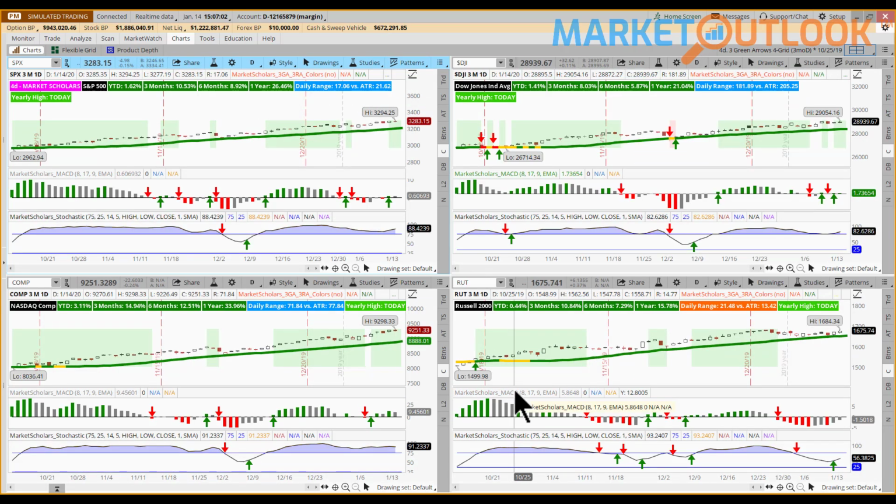This will be chart 4D for those of you that are following along at home. And as it stands right now, 3 out of our 4 charts do have a 3 green arrow signal. The longest held signal is from the NASDAQ, which gave us the 3 green arrow signal back here on the 8th of January. Remember, the 3 green arrow signal is effectively just looking at 3 different technical indicators, the 30-day moving average, the MACD histogram, and the stochastics